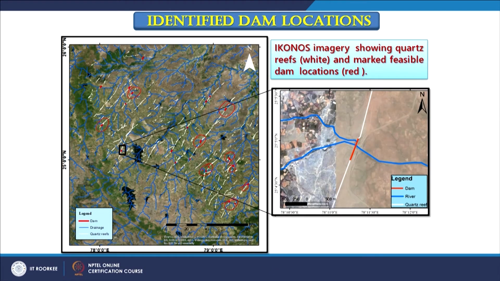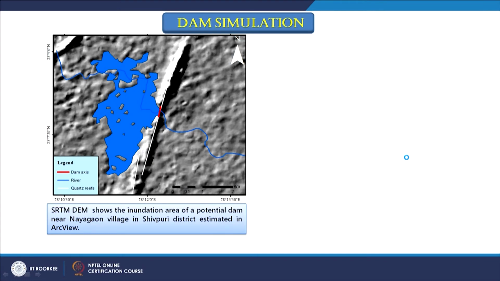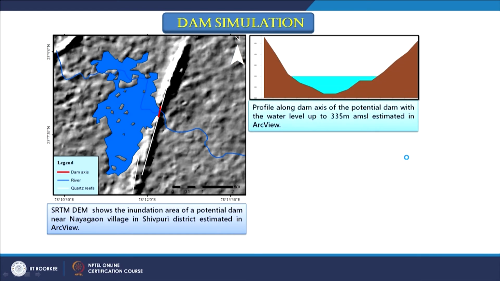One is like this, the quartz reefs are going like this. If we block this, a stream going like this and coming like this will create a reservoir, and we can simulate it like this, which we have done. In the background is a shaded relief model for the same area, and the blue color shows the inundated area. There are other things we can achieve by further analysis in GIS. We can change the height. Of course, if we want to exploit the quartz reefs, we cannot change the location, only the height, but we would still be able to inundate the area.